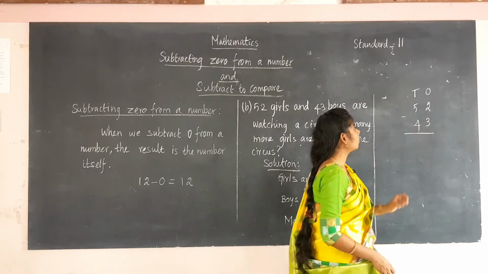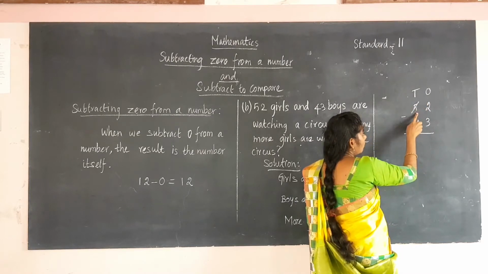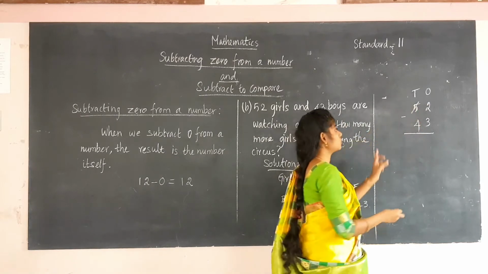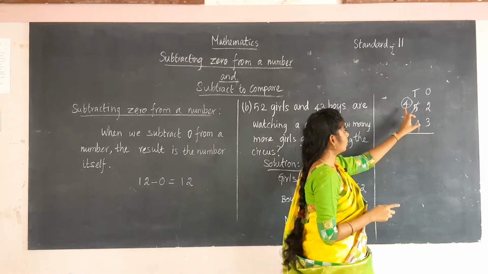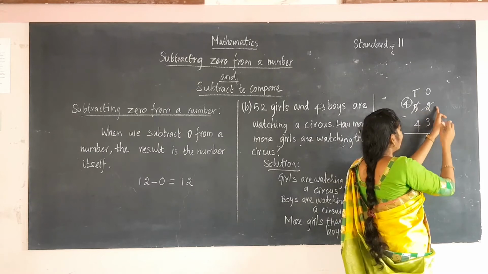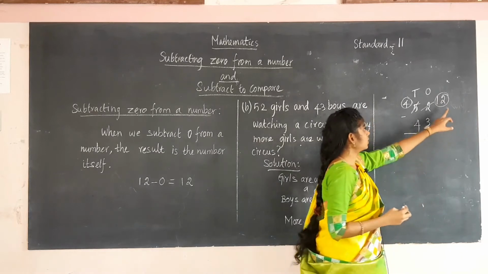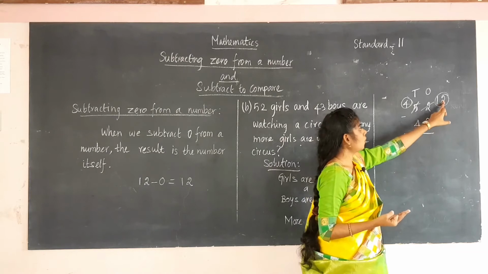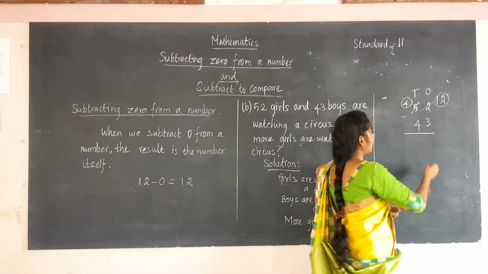So how will you borrow? First you cancel the tens place number and write the number before it. What is the number before 5? 4. So write 4. This is the number we have borrowed. So what will be the ones place? In the ones place you cancel the number 2 and write the number 1 before it. So you got the number 12. Now take 12 in the mind and 3 on the fingers. Say the numbers before 12: 11, 10, 9. So write the number 9 in the ones place.